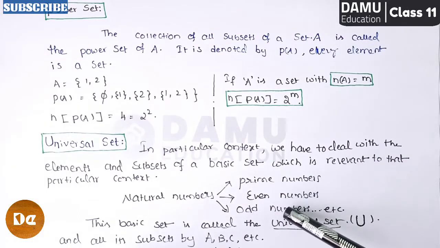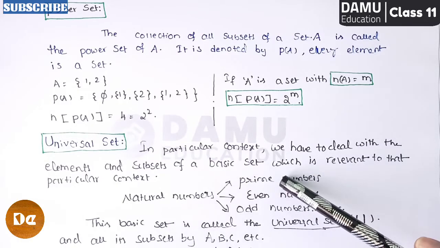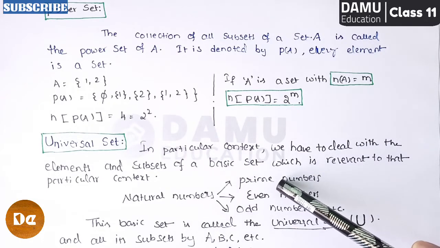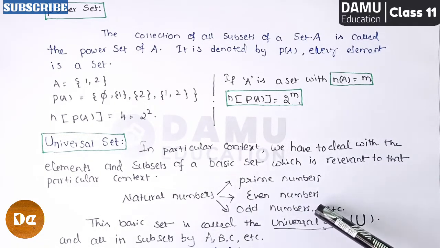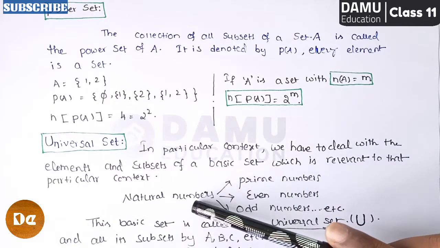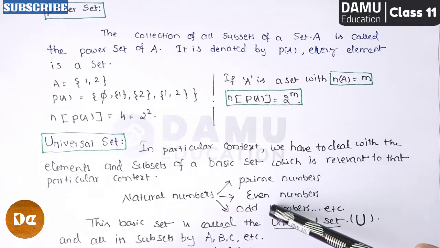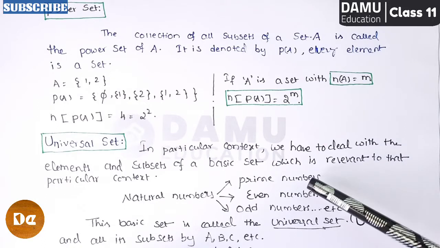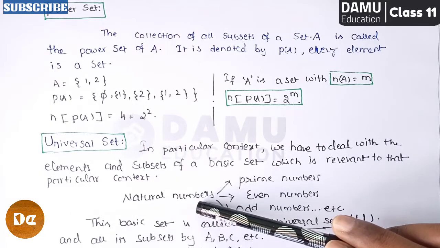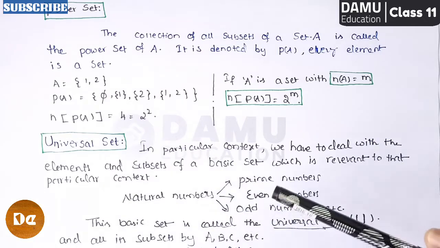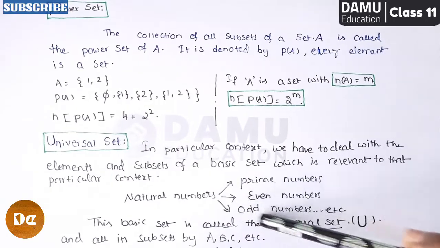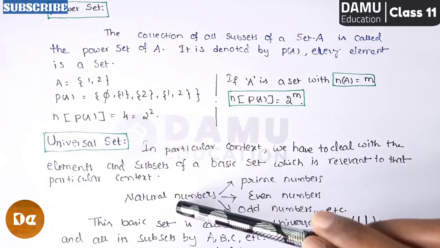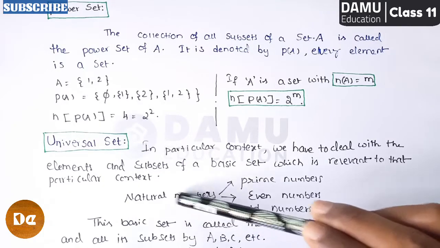So for all these, you can consider here a system of numbers. We can take natural numbers, and all these prime numbers, even numbers, odd numbers, perfect square numbers, non-perfect square numbers are all subsets of natural numbers, correct? Whatever elements are present in all these sets will also be present in natural numbers. So in this case, natural numbers is the basic set, from which these are all extracted.